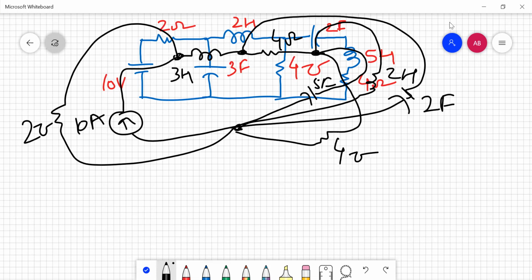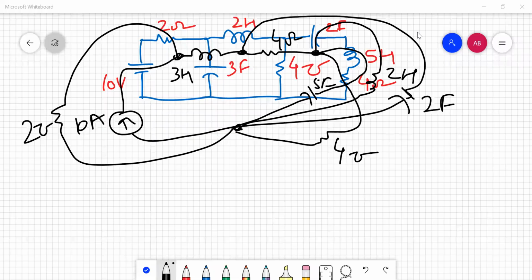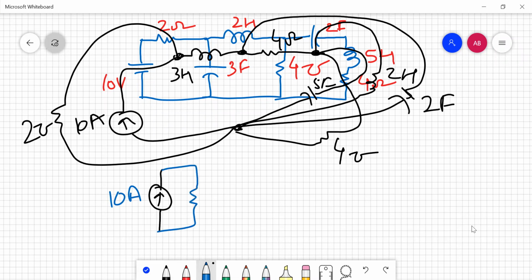So let's draw the circuit from this. So now we are going to write down this 10 amperes first. So let's take another color here. So this will be your 10 amperes. Then is your 2 mhos, that is the conductance. Then because this is the thing that joined both of them, here you go with your 3 Henries.